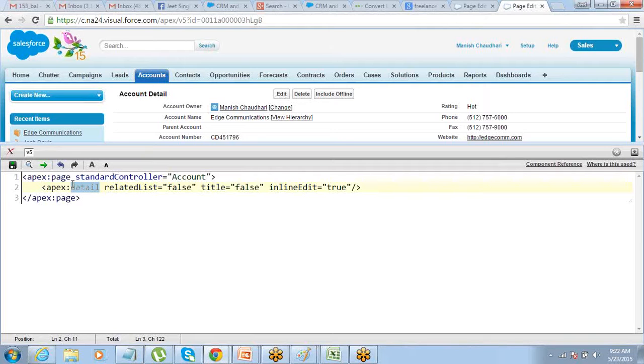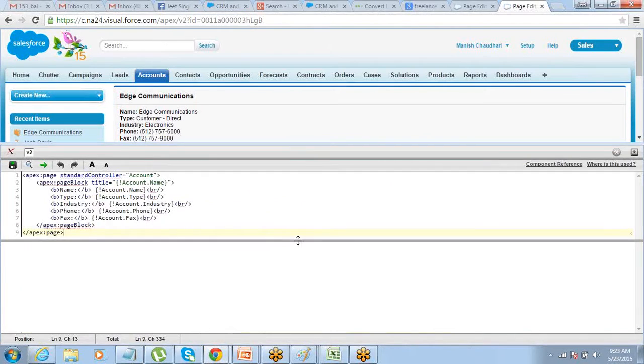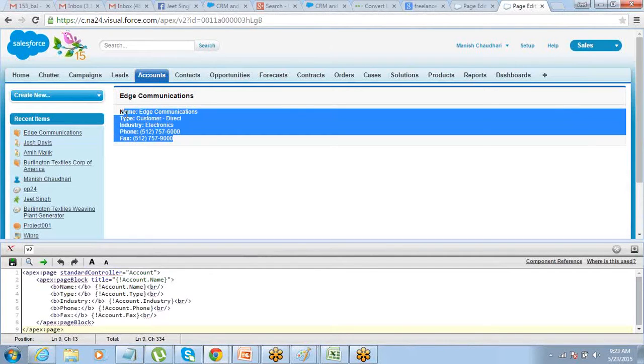But if I am not using a detail component, I'm just displaying the data of a few fields, then what do I do? Yesterday we did an example where we displayed the data of 3-4 fields. If I go back to that example, I am just displaying the data.